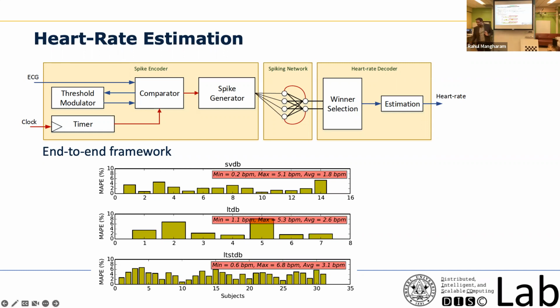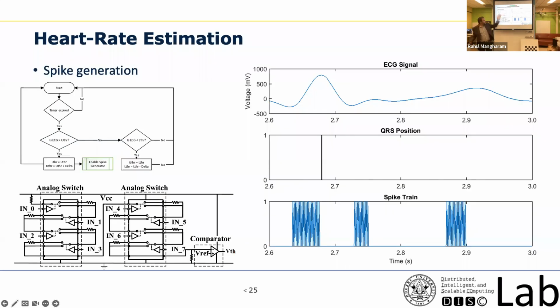One is the spike converter. And in the past, we have built an analog circuit to do that spike conversion for ECG signals. This is the QRS peak based on the Pan-Tompkins algorithm, and these are the spikes that are generated using our spike encoder. These spikes are then used to trigger a spiking neural network to do the detection algorithm. So that circuit diagram on the bottom left is how those spikes are generated.